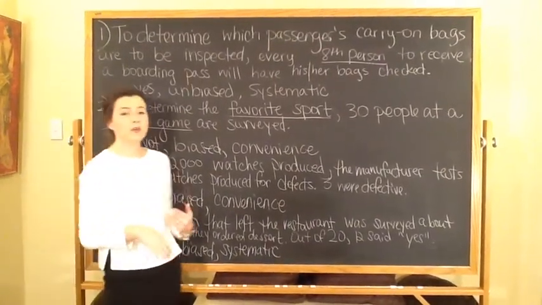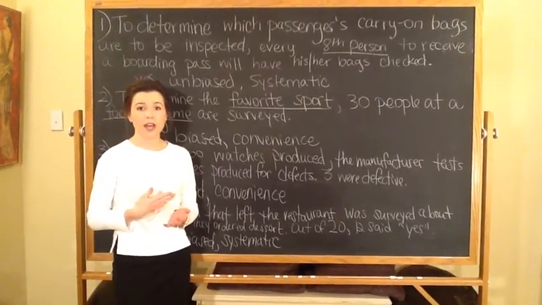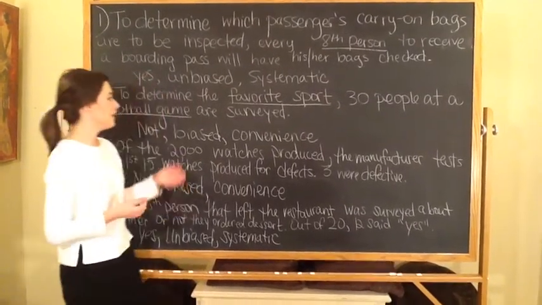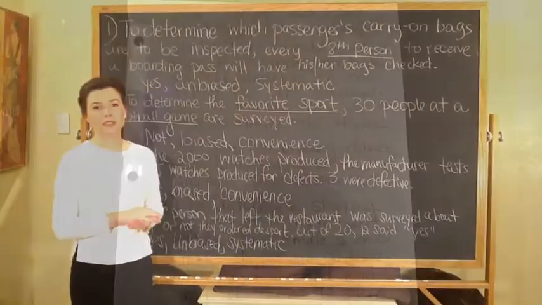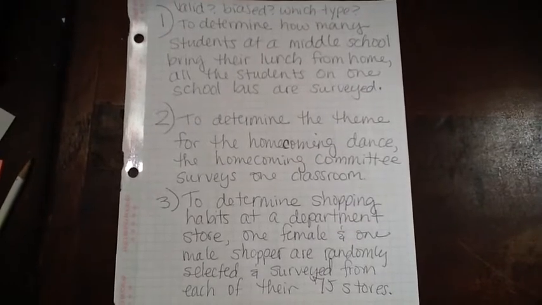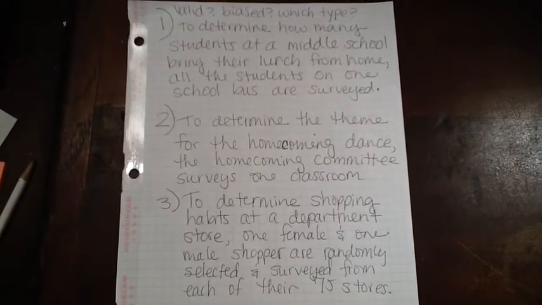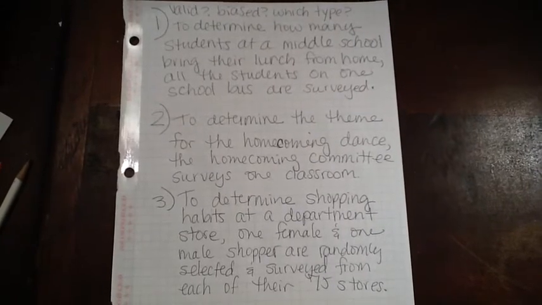If you would like to see a few more examples, you can go ahead and look in your textbook. There are some that are already done for you, and maybe you could see some different examples that aren't these 2 types. Alright, so now let's do some on your own. You have 3 problems to do for me. For numbers 1, 2, and 3, you need to tell me whether or not the information is valid, biased, or unbiased, and which type.